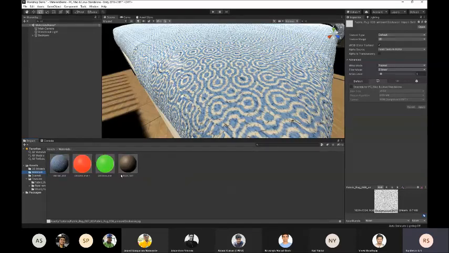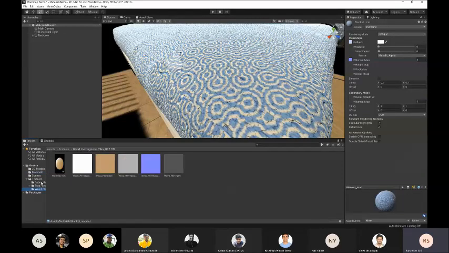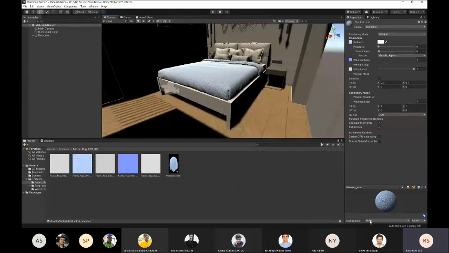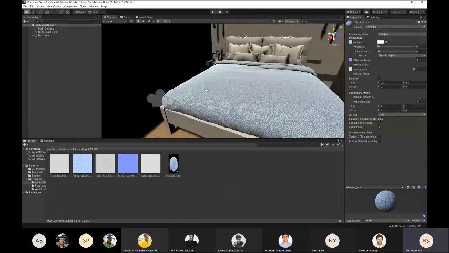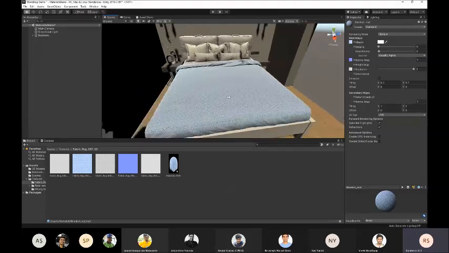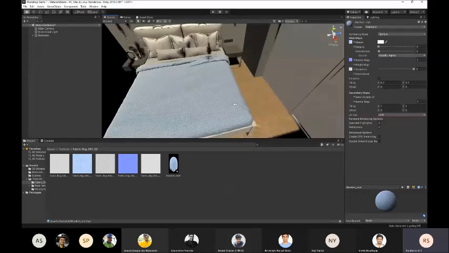So select the material again, drag the ambient occlusion to the occlusion. Again, it's a very subtle change, so you can't make it out that well.